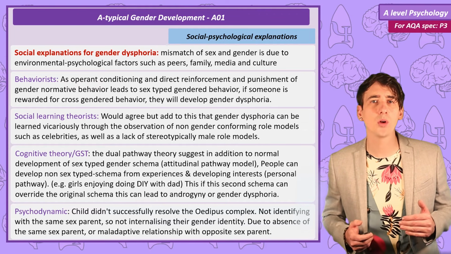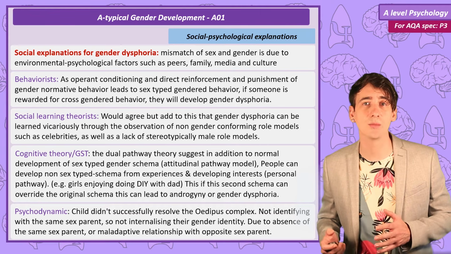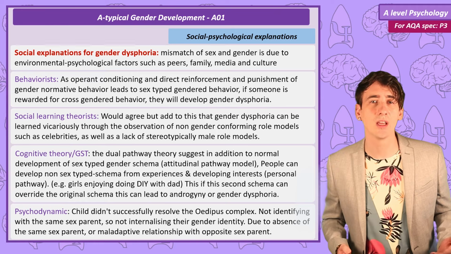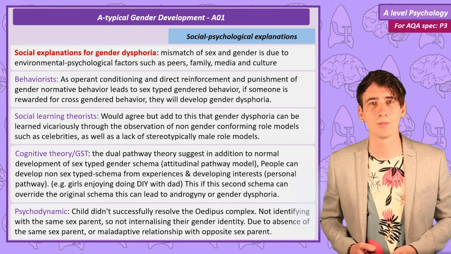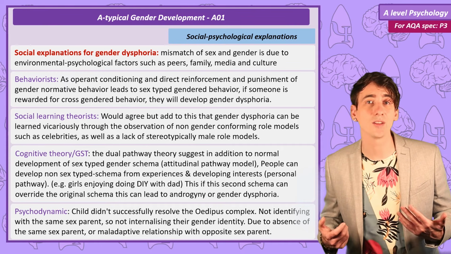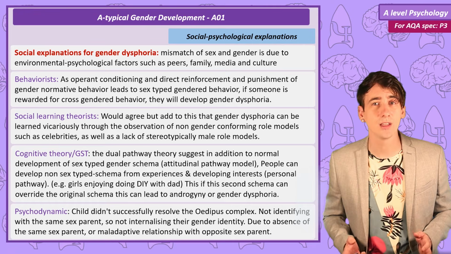But children who go on to experience gender dysphoria develop a second set of non-sex type schemas from personal experiences. These non-sex type schemas are called the personal pathway. Now, if this second set of personal schemas overrides the attitudinal pathway, then the child becomes androgynous, or potentially gender